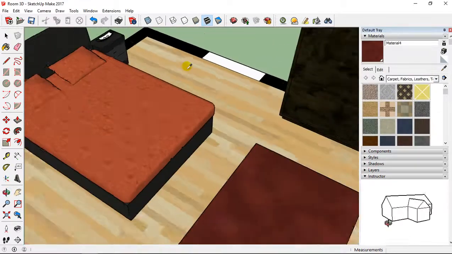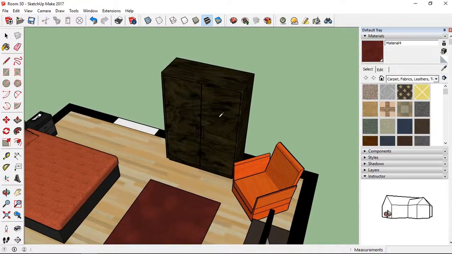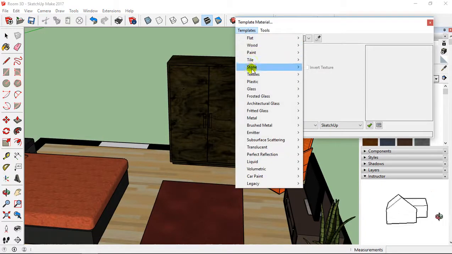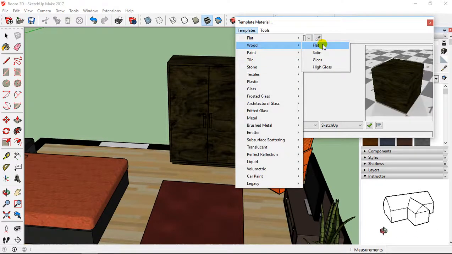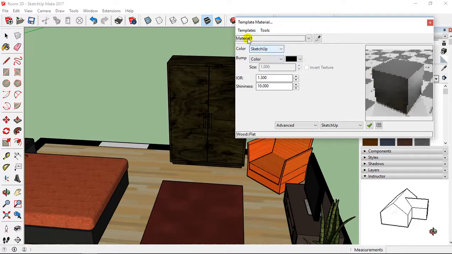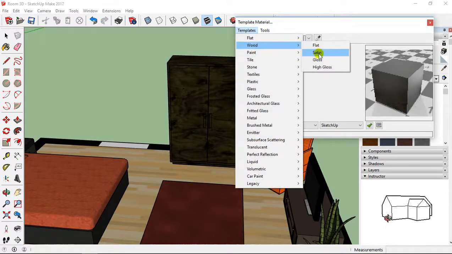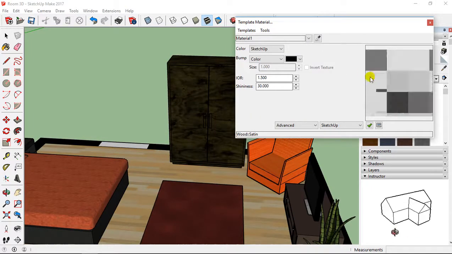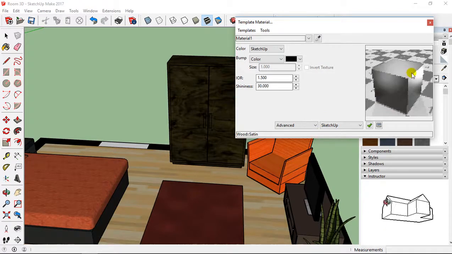Then I can continue. I'm going to select also the wardrobe and its template, and I can select also wood and flat. Here it's flat, but if you want, you have other possibilities, like for example satin.